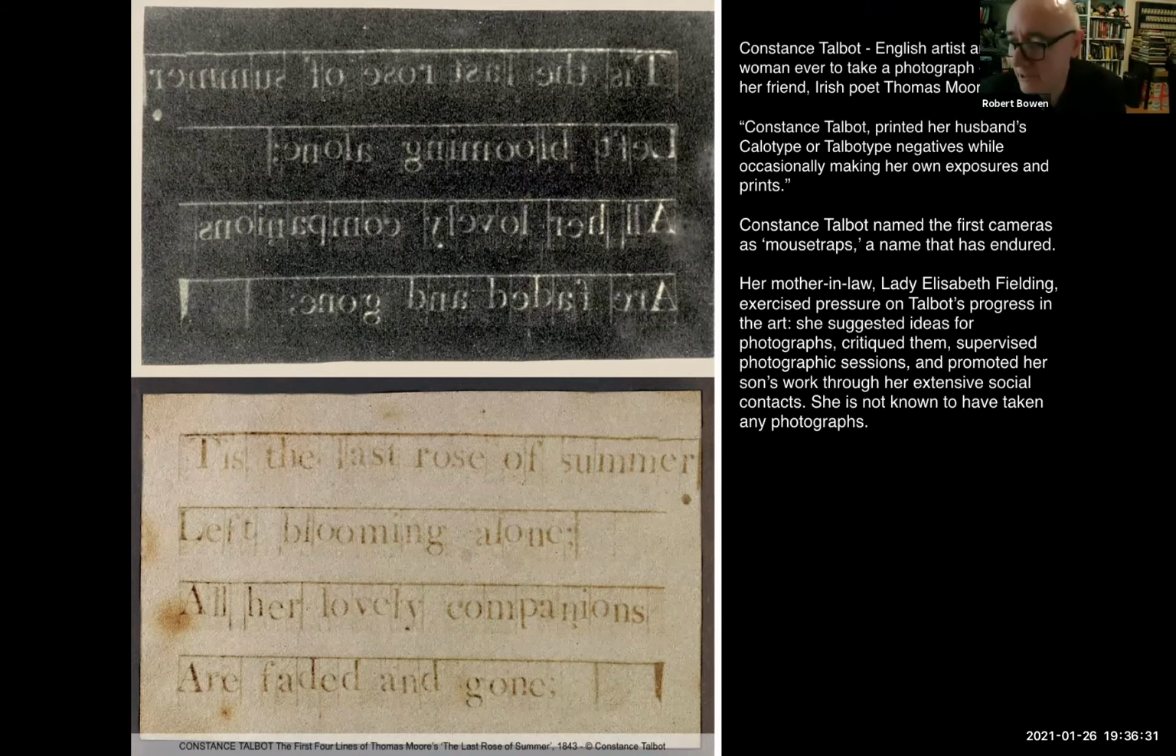But she didn't take photographs. But Connie takes photographs. And so the two of them, this is who Talbot is. Talbot isn't just Talbot. Talbot is Connie and also Lady Fielding. That's what those photographs represent. So